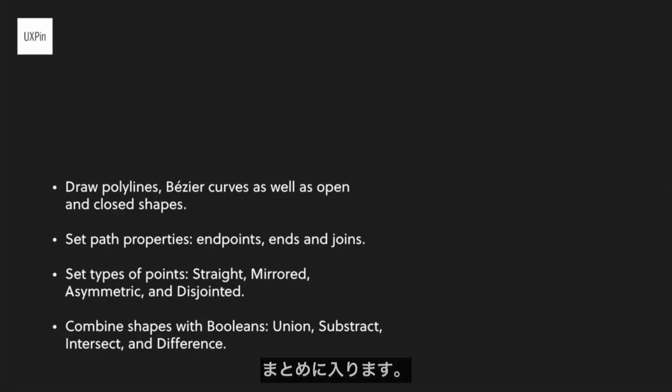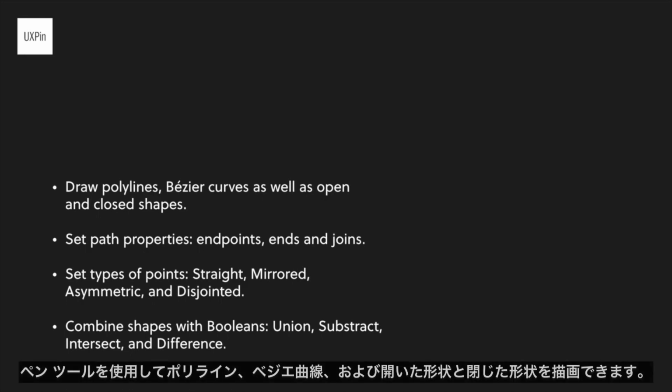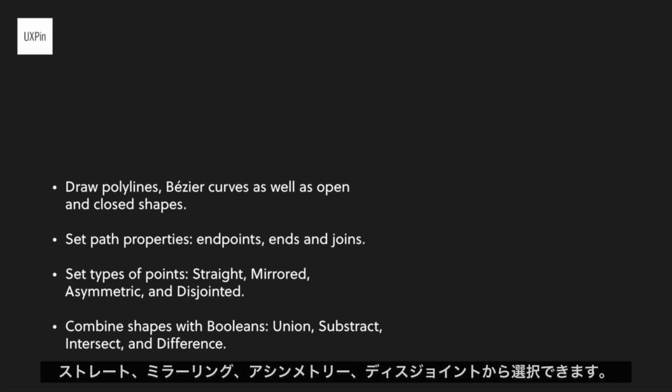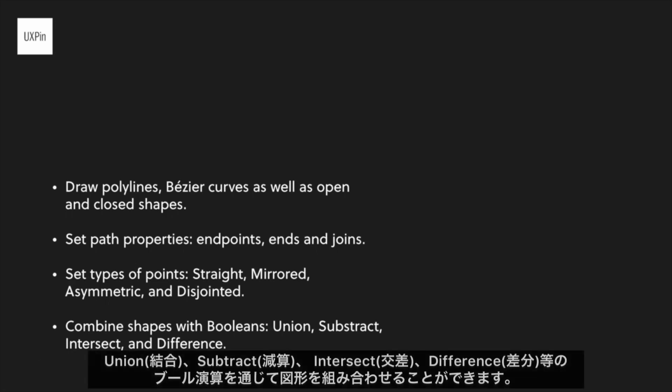Awesome. Now to sum it all up, you can use the pen tool to draw polylines, Bezier curves, as well as open and closed shapes. You can set path properties such as endpoints, ends, and joins. You can also set types of points. You can choose from straight, mirrored, asymmetric, and disjointed. And lastly, you can combine shapes with booleans with the options of union,